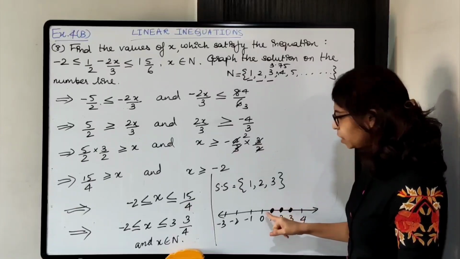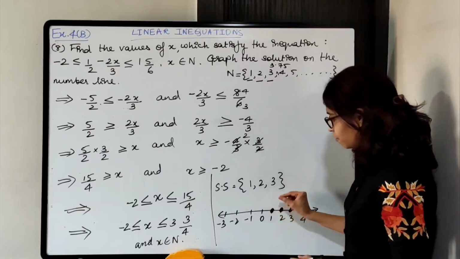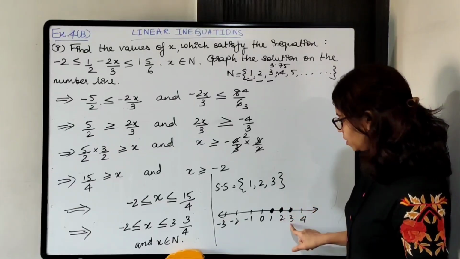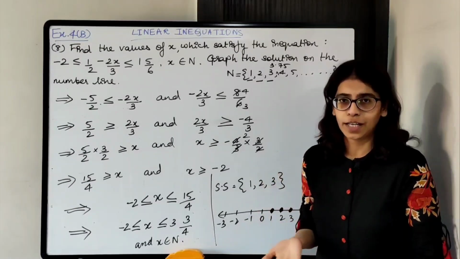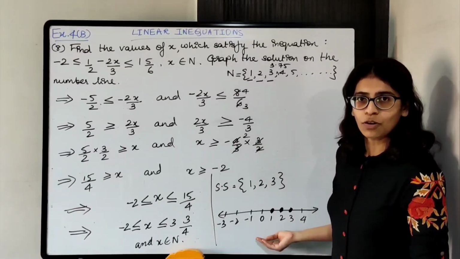Are the values in between possible? No. So just circle these, fill the circles. Okay, 1, 2 and 3 are the values possible for x. Okay, so this will be the graph of the solution for x. Okay,